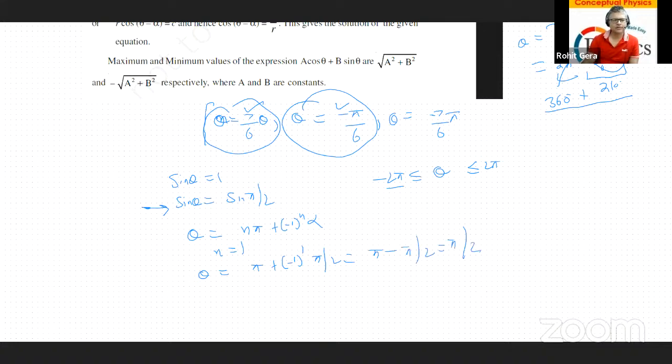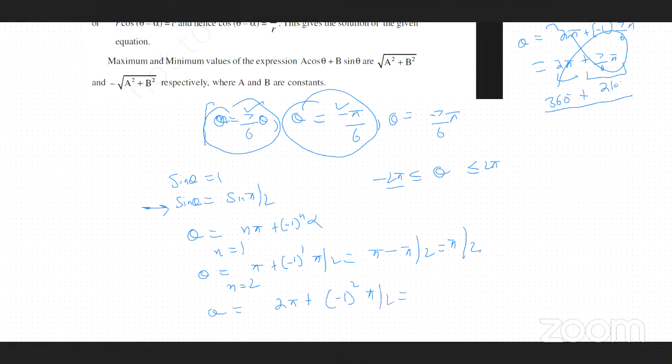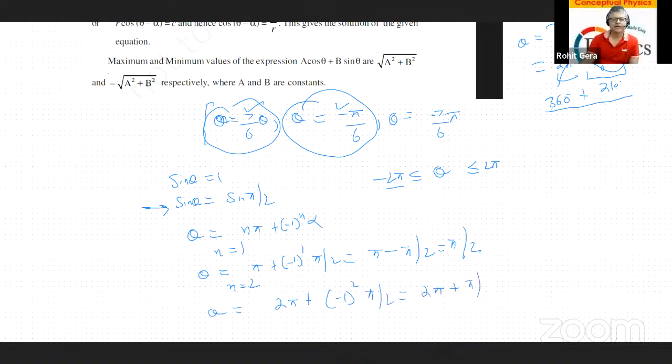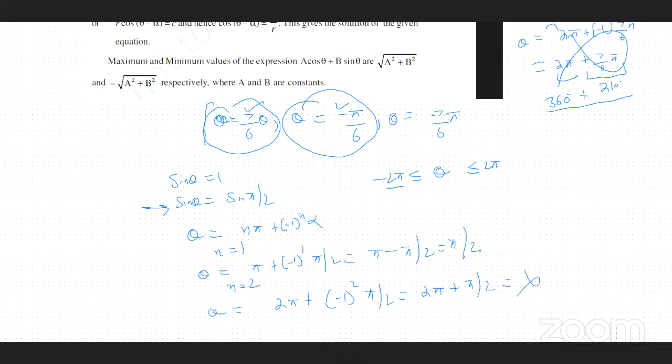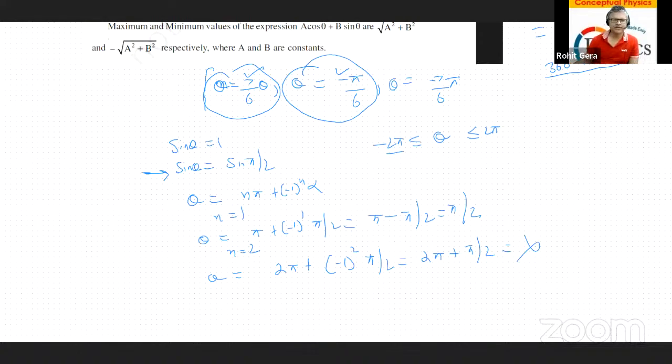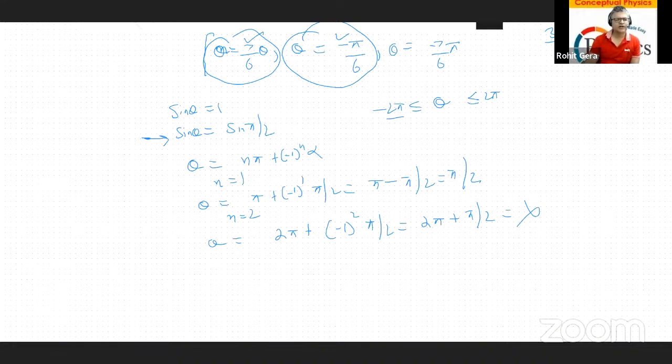I am putting n is equal to 2. theta is equal to 2 pi plus -1 raised to power 2 into pi by 2, this again becomes bigger than 360. Cannot. Okay, so let me put n is equal to -1 then. On the positive side it is finished, nothing is happening. So n is equal to -1, theta is equal to minus pi plus -1 raised to power -1 into minus pi by 2, is equal to minus pi by 2,